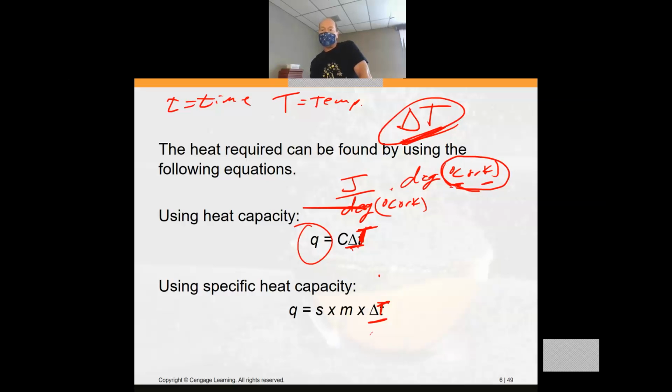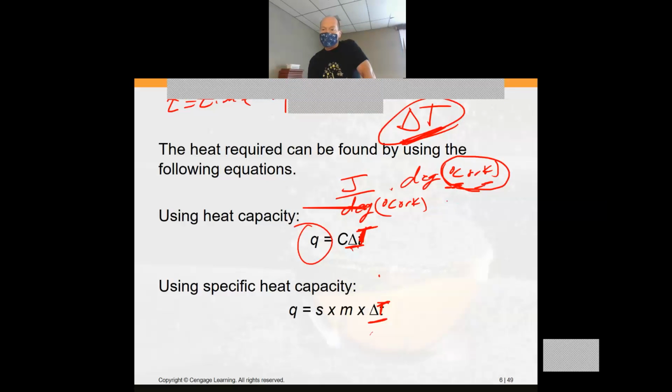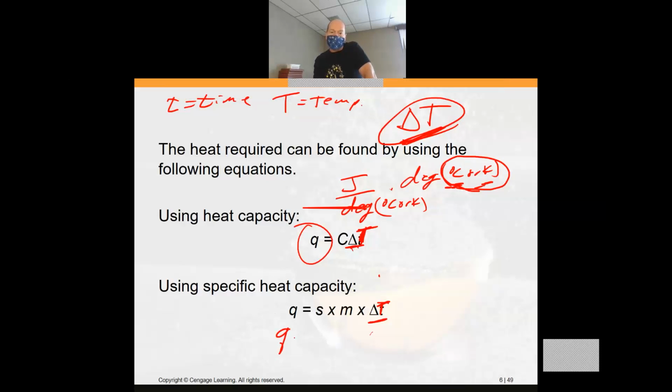The delta T can be in Celsius or Kelvin because it's exactly the same number, as we saw in our last example of going from 25 to 35. Your delta T is 10, whether you do it in Celsius or Kelvin. All right, so when you have your heat capacity, that's per gram. So now you have your Q, and your S value: before, we had 4.184 joules is equal to 1 calorie. If we're doing it in joules, you have a constant for water. If we're looking at the heat capacity of water,